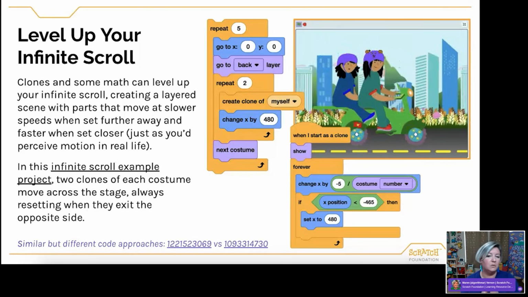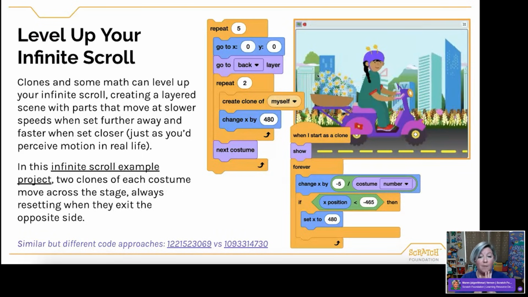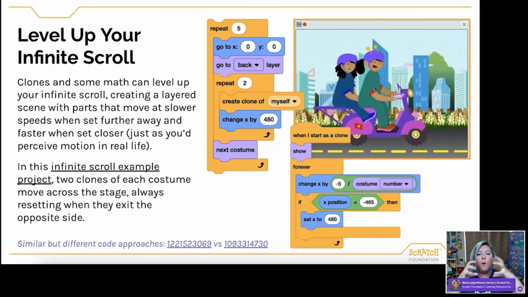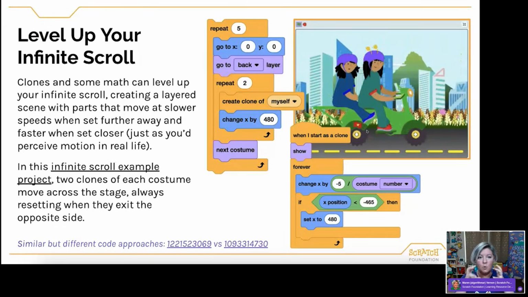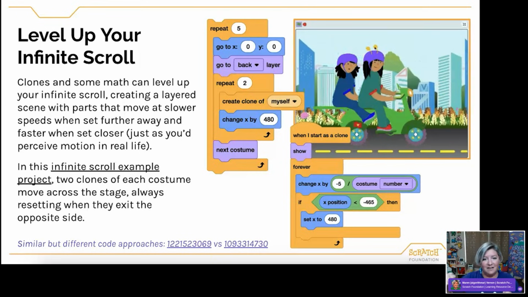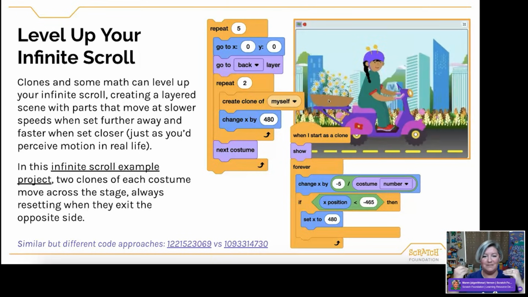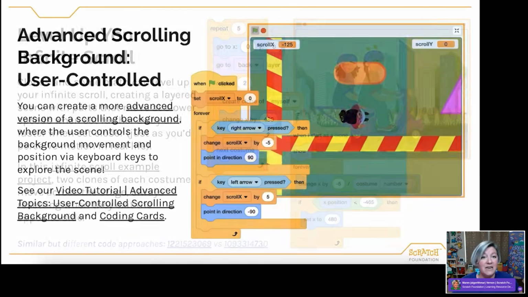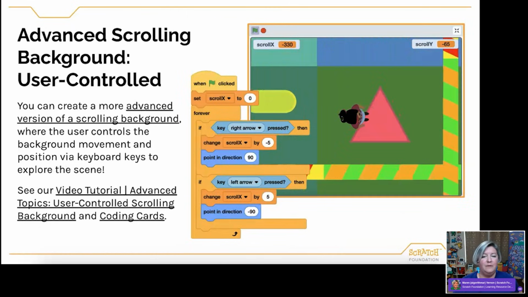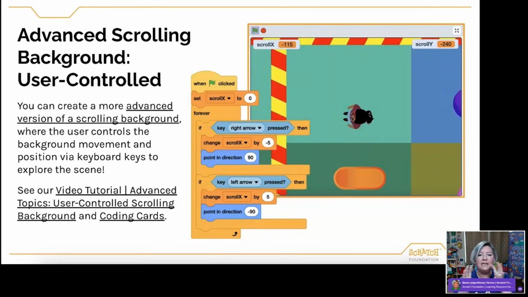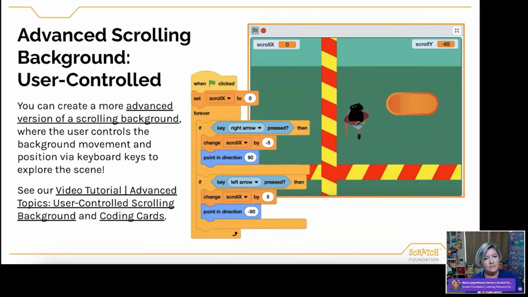And so that's something I would also encourage as you're thinking about these leveling up opportunities: how can you work as a class, or how can you work as small groups to also work on challenging ourselves to come up with some of these more challenging concepts, right? We're having this growth mindset. Another way that we can level up is this more advanced scrolling version that, again, uses a similar concept.